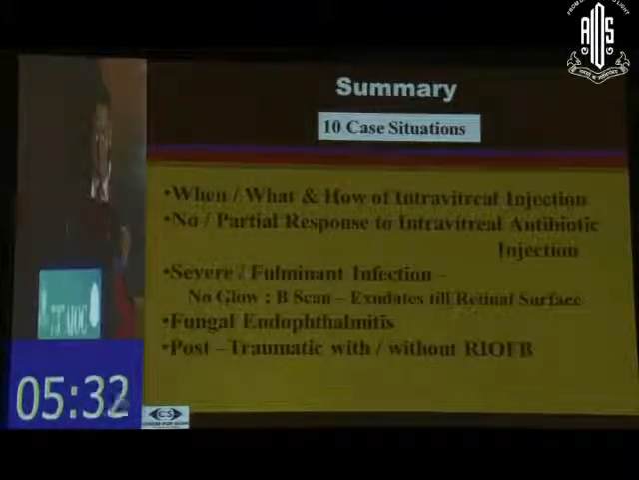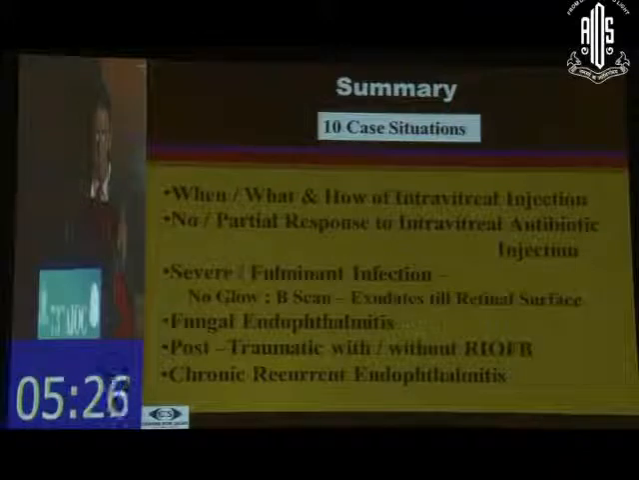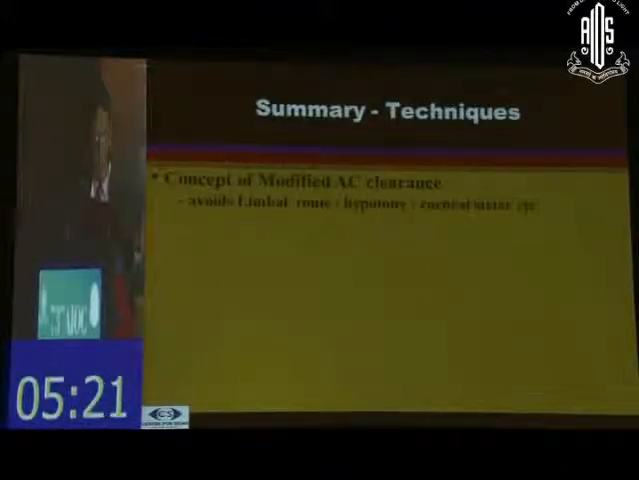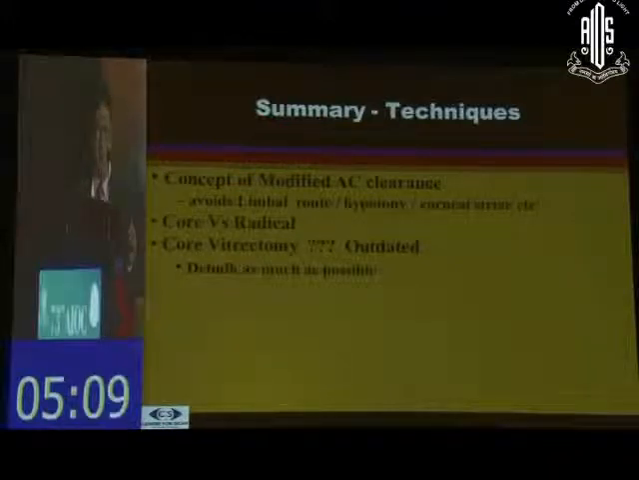Post-traumatic endophthalmitis also we have discussed. Then chronic endophthalmitis in the form of P. acnes, I have shown you a couple of examples. From the technique point of view, although the video didn't work, what we do is a modified AC clearance, not entering from the limbus, but from the pars plana, making a hole in the iris, and then doing clearance of the anterior chamber. And the concept of radical vitrectomy, wherein you remove the entire vitreous along with the hyaloid and do a